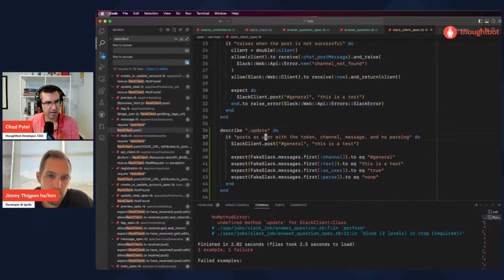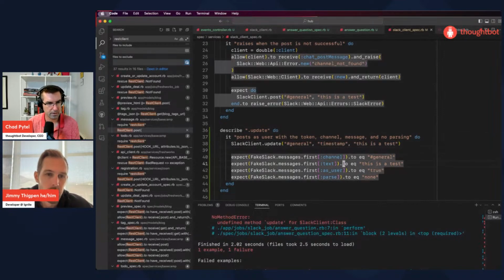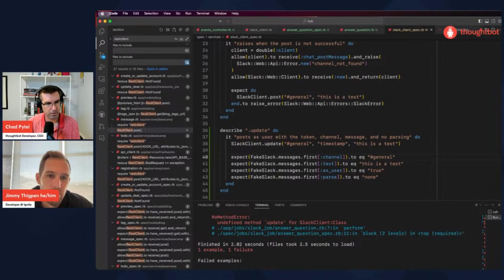So this is, remember I mentioned we're using a fake for the Slack specs because so much stuff communicates with Slack as a side effect of operating. Cool. So this takes update and it's a channel and then a timestamp, and a message. So the way a fake will typically work is it will basically record the responses it's getting.